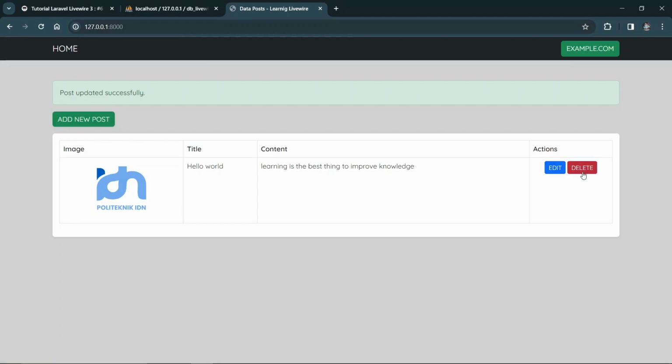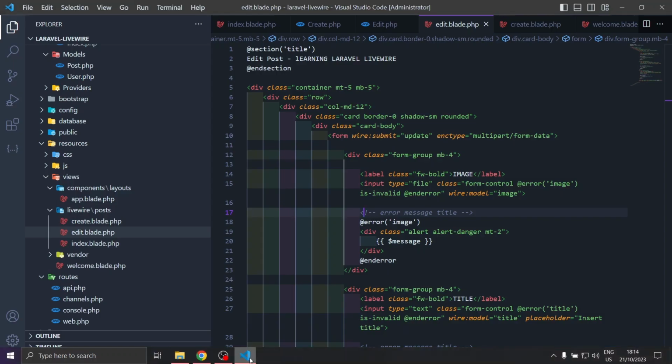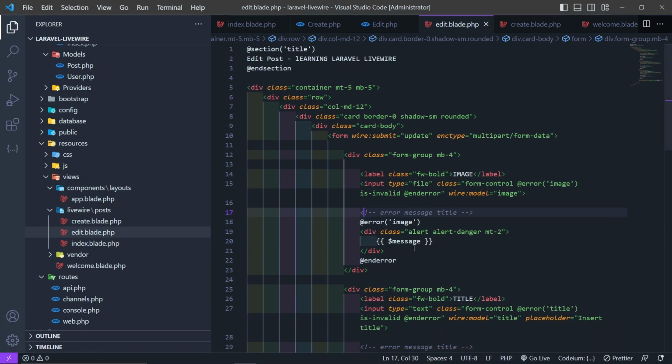Now we are going to do delete post. So here, if I click this, it will do nothing. So how do we make it work? Basically it's just simple. Get back to VS Code, and